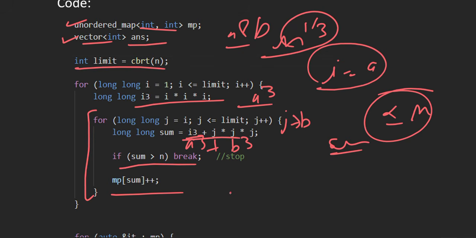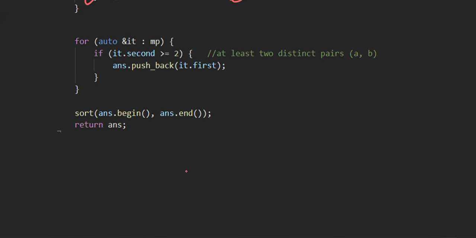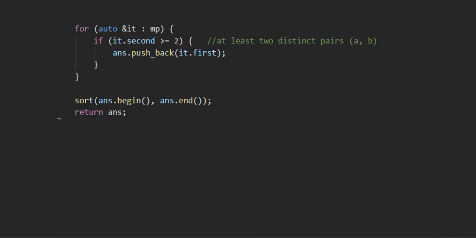Else we increase the frequency count of that sum in the hash map, right? After finding all the possible values of a and b and all the values of sum using them, we iterate over the map. If the frequency of the value is greater than or equal to 2, then we push the sum into the answer vector.